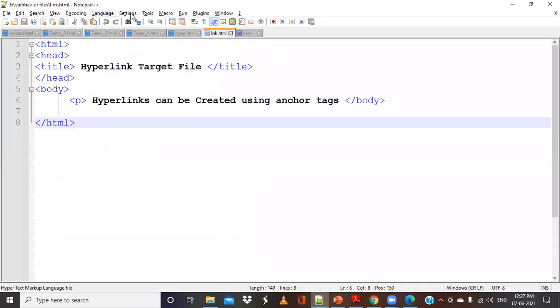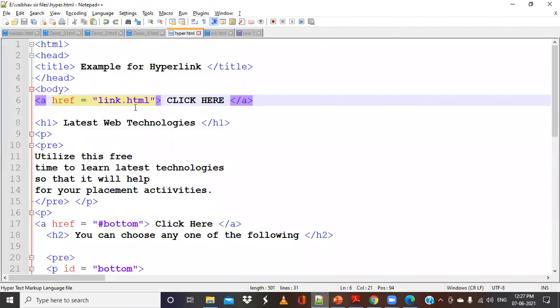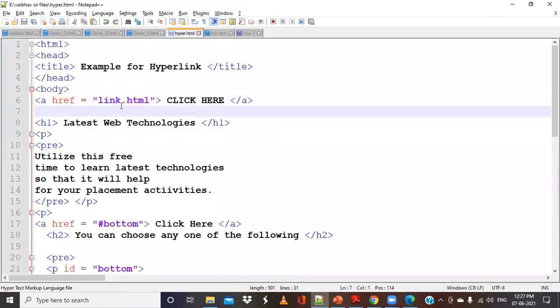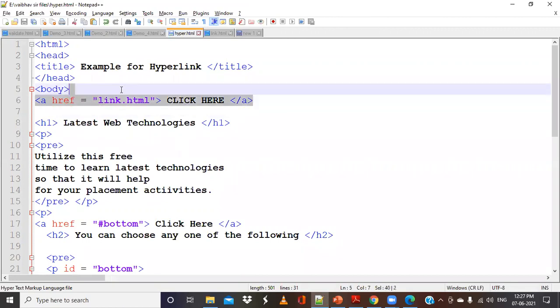Here I had given a file name. Instead of this, you can give a URL as well. Here I have given click here to go to this link.html. Similar to that, I will create another URL, or in this only I will make some changes.